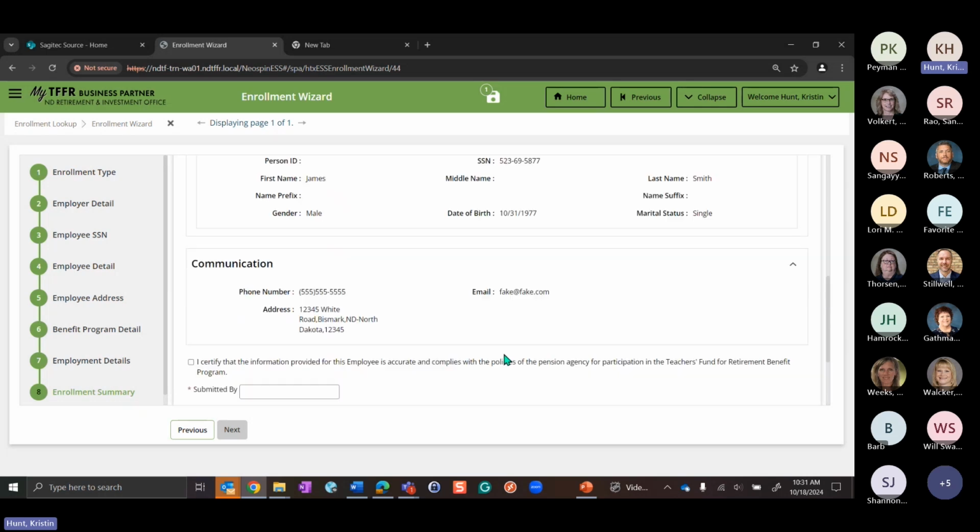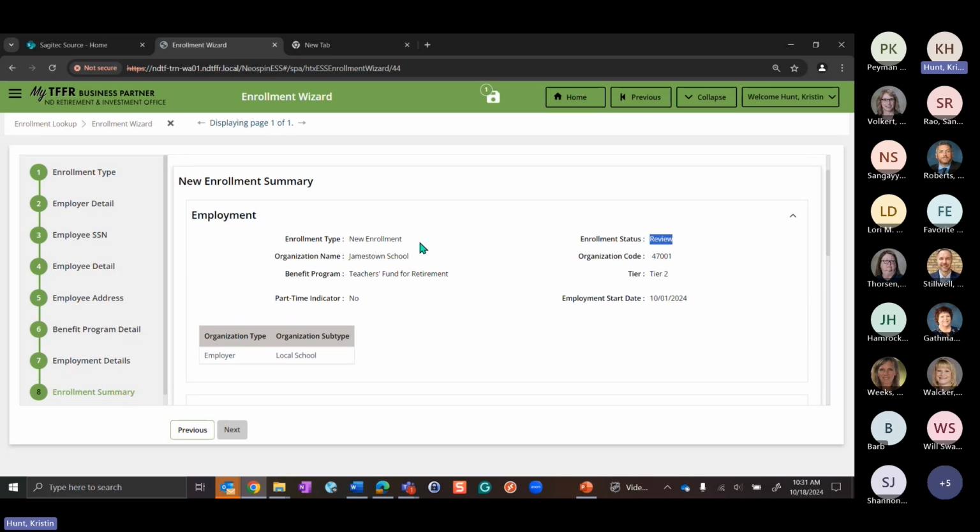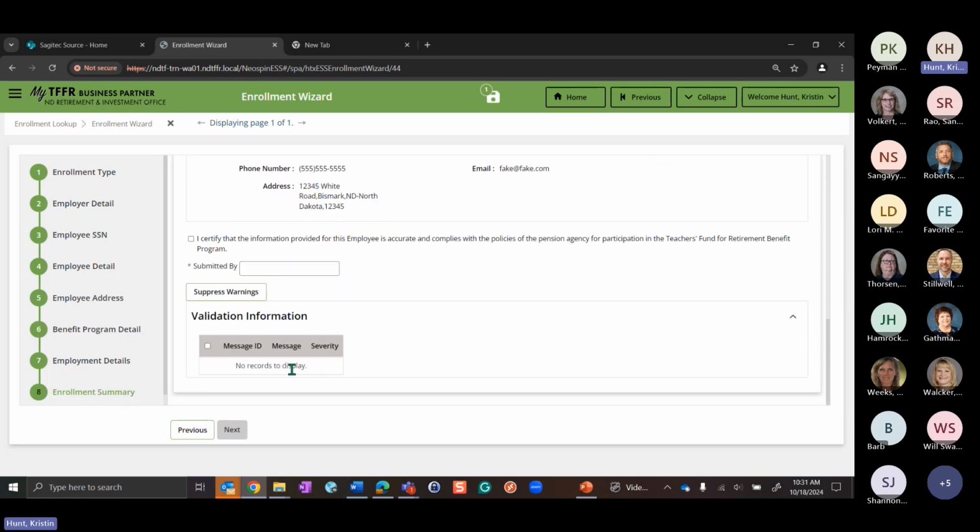Like maybe if I had already submitted one for James, it would say, you've already done this. There's already another enrollment on file, or some other errors that might occur. So that's where I could see that information here.